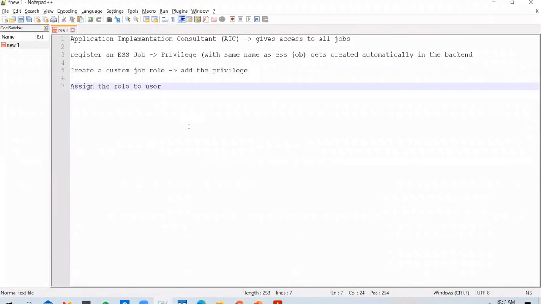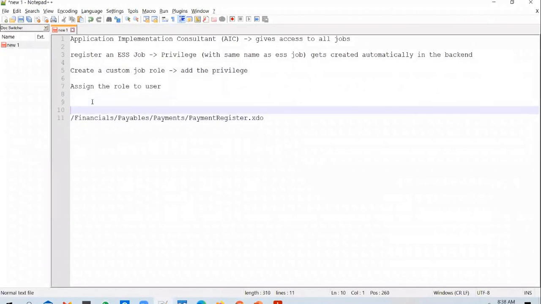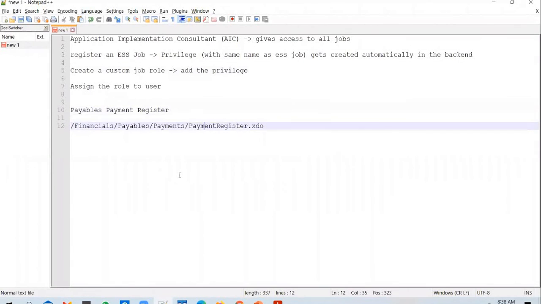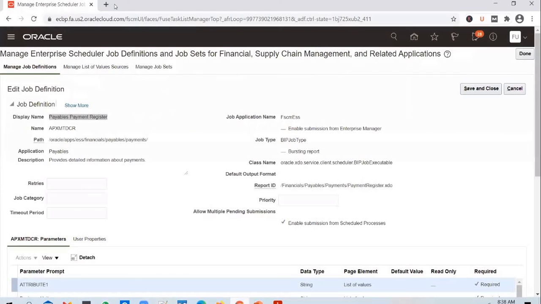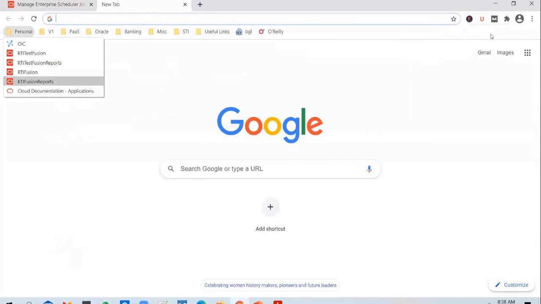So when you run this payables payment register report, this is executing. This is running this report in the background. So let's go to this location in the reports and analytics work area. I go to the reports and analytics work area.